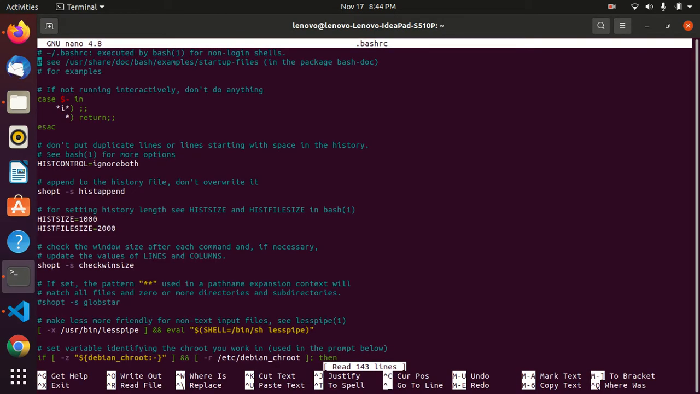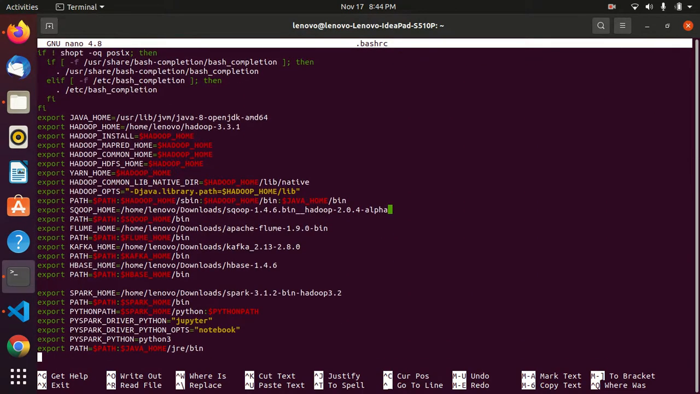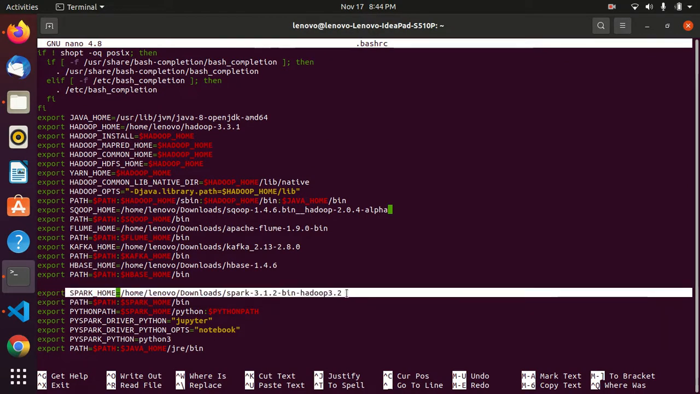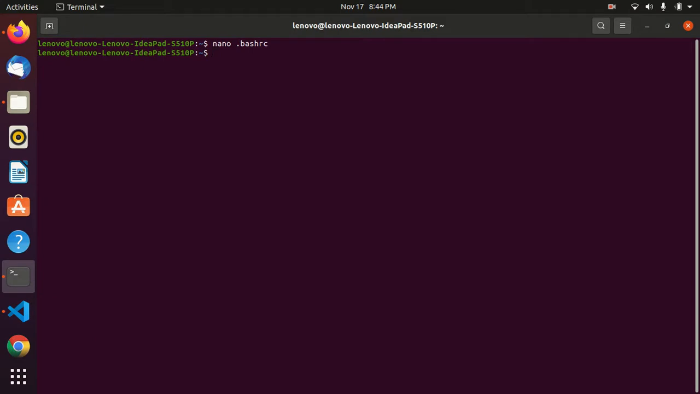So in the bashrc file we will be giving the elements like the Spark path, and after that the Spark bin, and then the Python path, and the Python Jupyter and Python notebook. These things need to be given. After that we will save this with source .bashrc, and before that